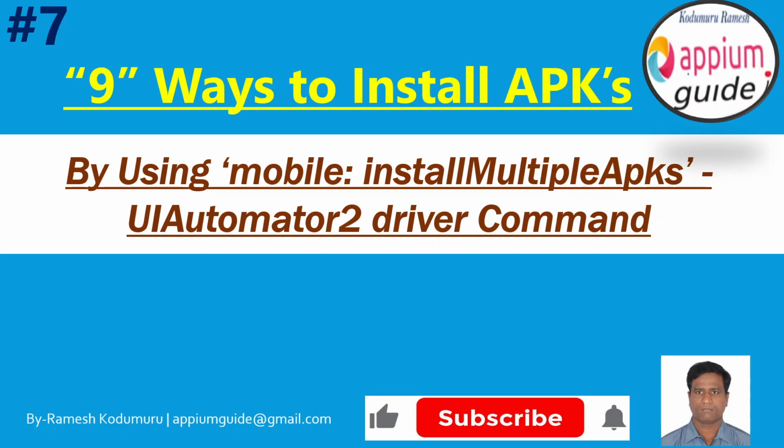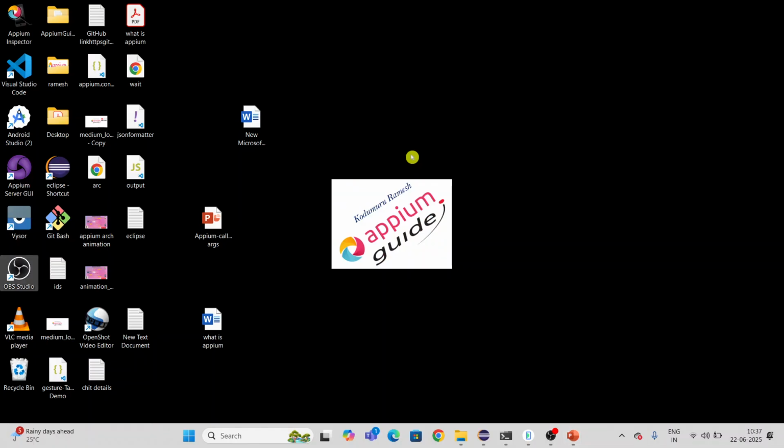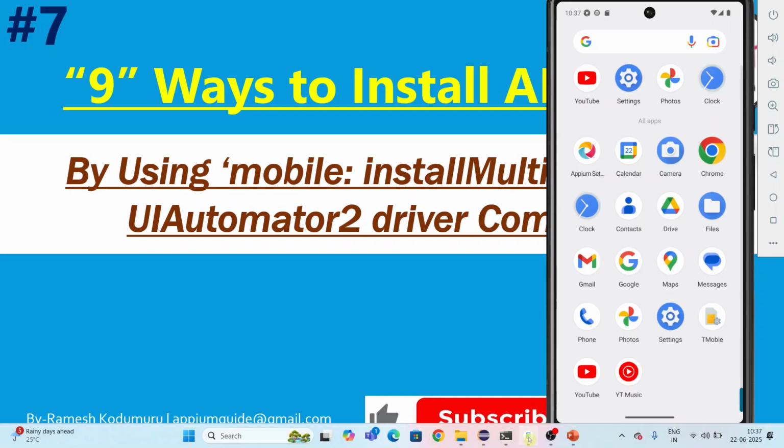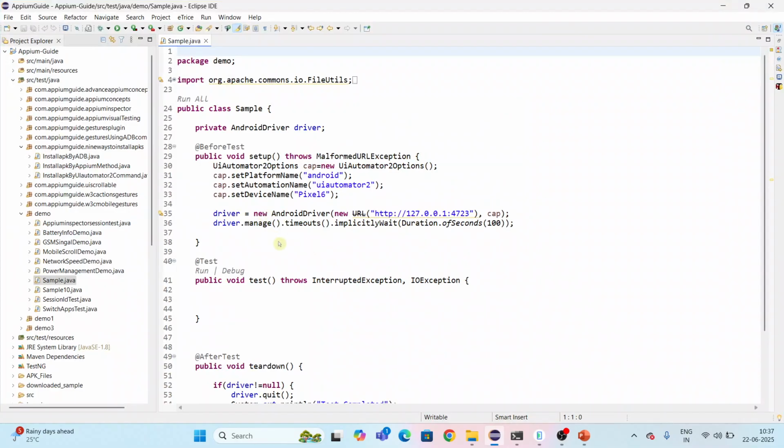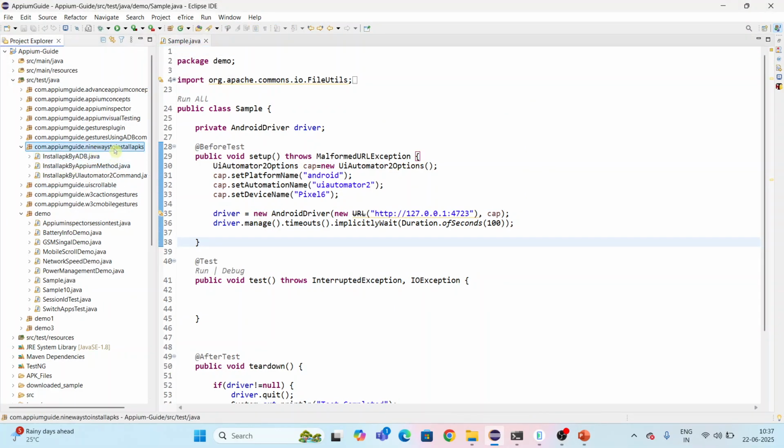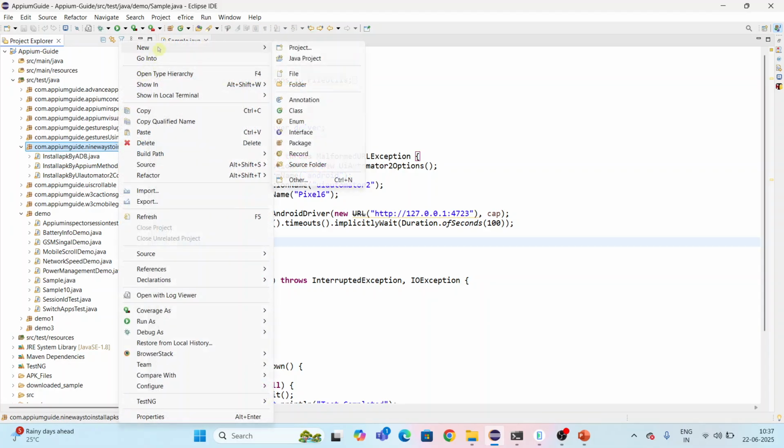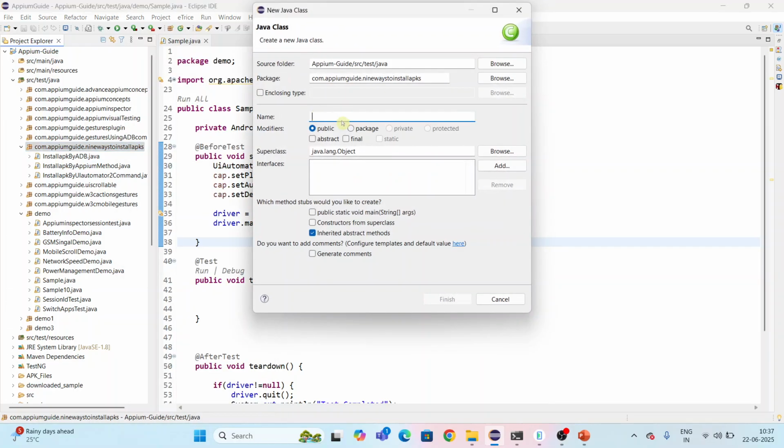First, we will jump directly into the code. I am using the Pixel 6 emulator to demonstrate this command, so we are installing multiple APK files in one go. I open Eclipse, and under the package named 9 ways to install APKs, I select New, create a class, and name this class install